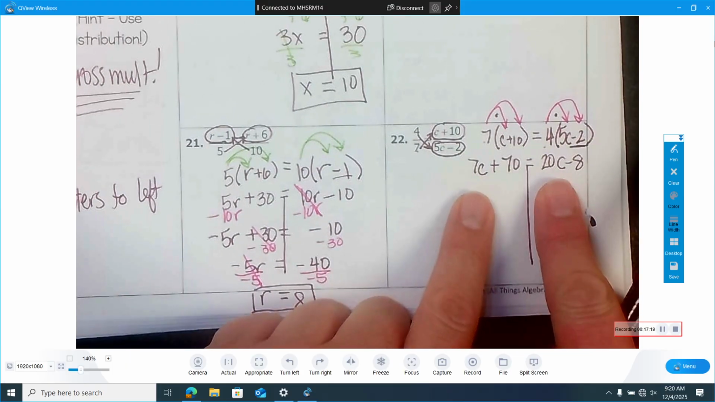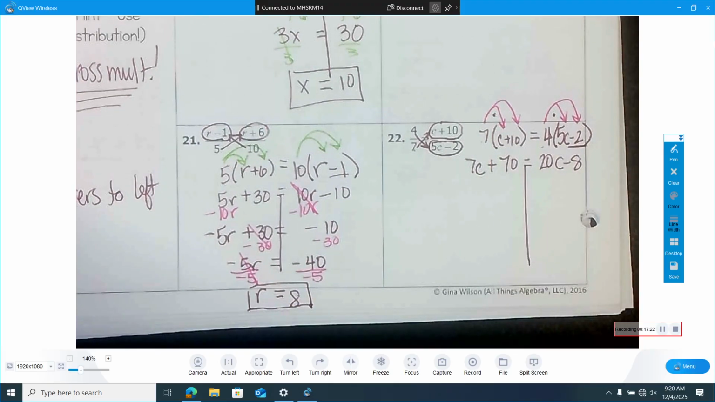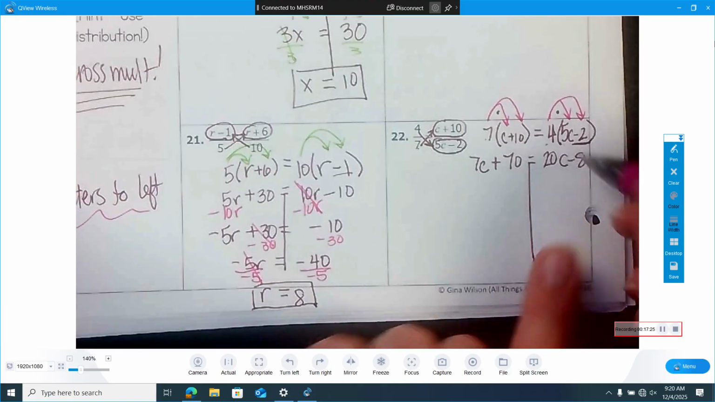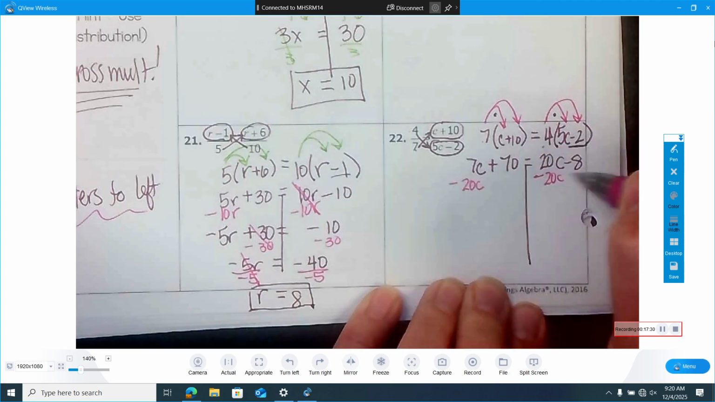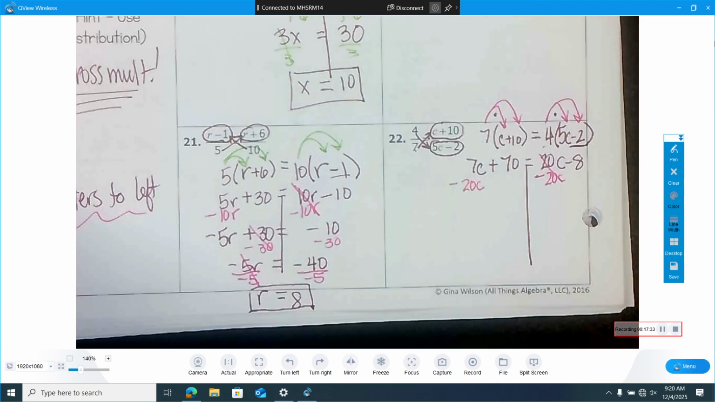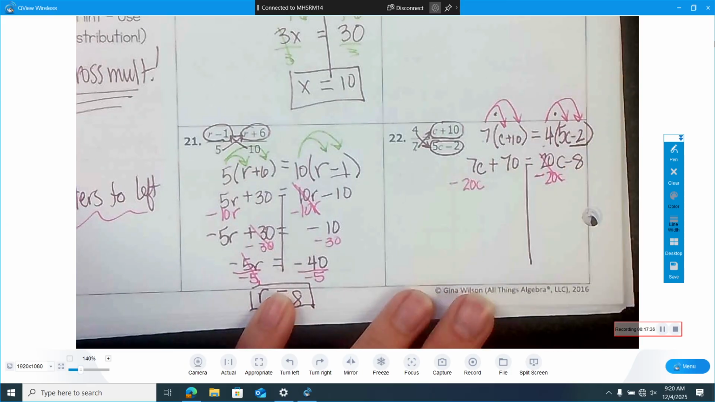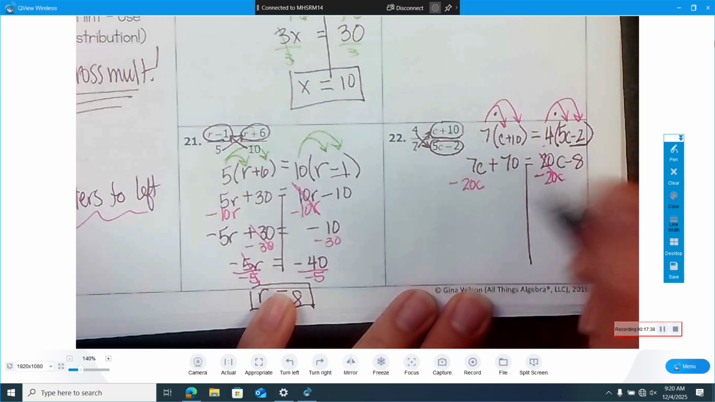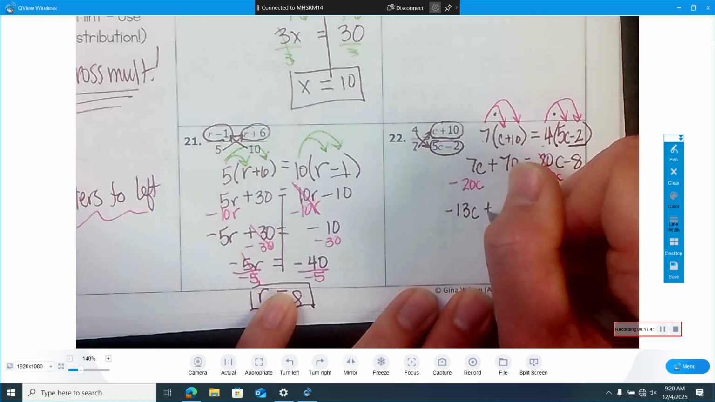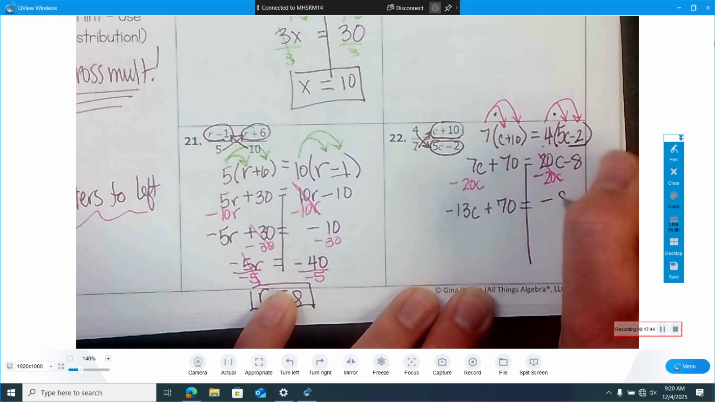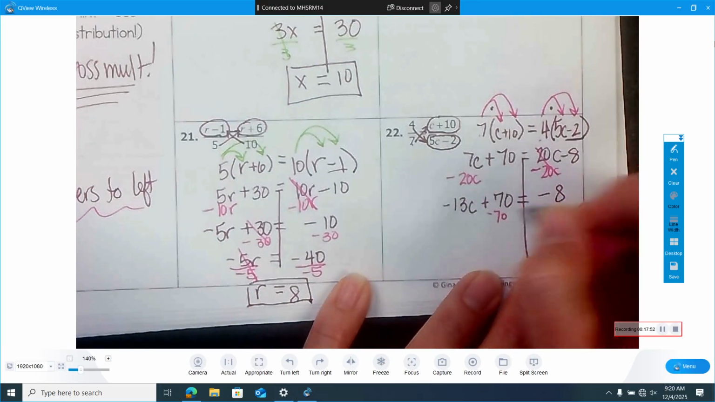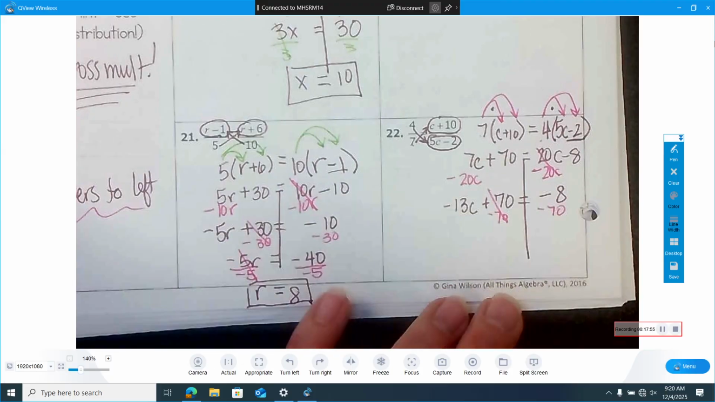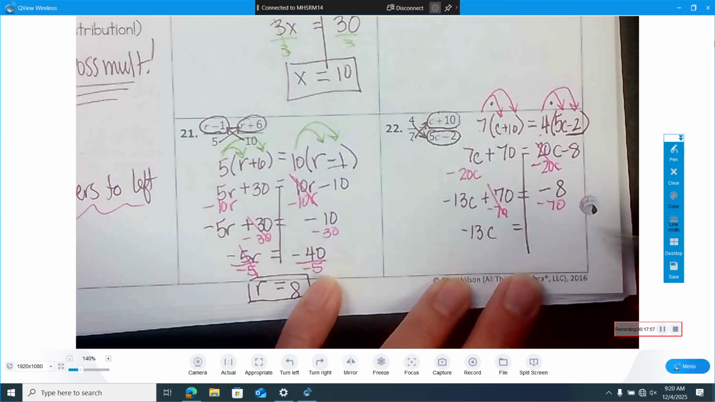Now I have letters on both sides. What do we do? Yeah, letters to the left. So we're going to subtract 20 c's. What is 7 c's minus 20 c's? Negative 13 c's. Very good. Plus 70 equals the negative 8 that's remaining over there. And what do we do next? Minus 70. Minus 70. All right, good. I get negative 13c equals